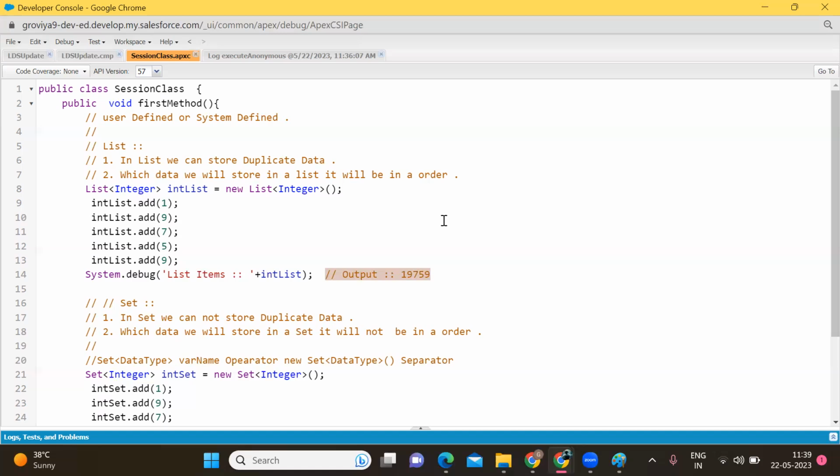उसको बैठा दिया पहली सीट पे, जैसे ही वो आया पहली सीट पे बैठा दिया। ठीक है। नाउ सेकंड स्टूडेंट इज कमिंग, रोल नंबर इज 7। वो बैठा दिया, ठीक है, दूसरी सीट पे। तीसरा स्टूडेंट आया, 8 रोल नंबर था, तीसरी सीट पे। चौथा स्टूडेंट आया, 9 रोल नंबर था, चौथी सीट पे। ठीक है। नेक्स्ट स्टूडेंट आया, पांचवा। जैसे ही पांचवा स्टूडेंट आया, उसका रोल नंबर क्या था? 1।